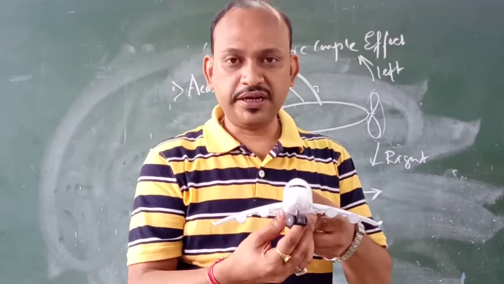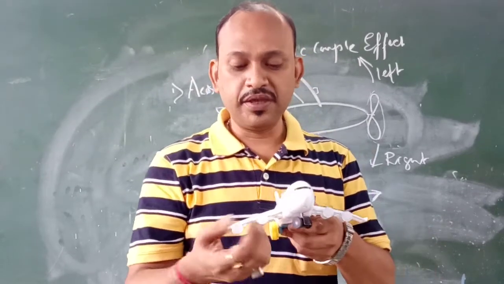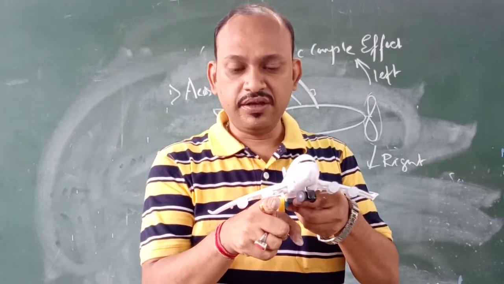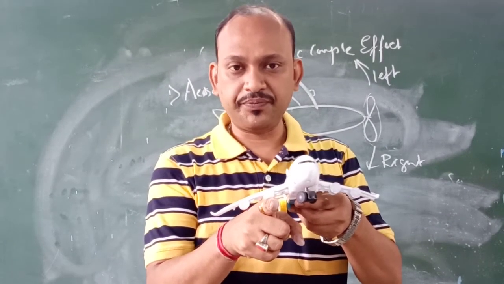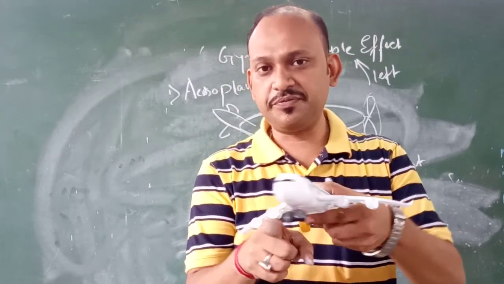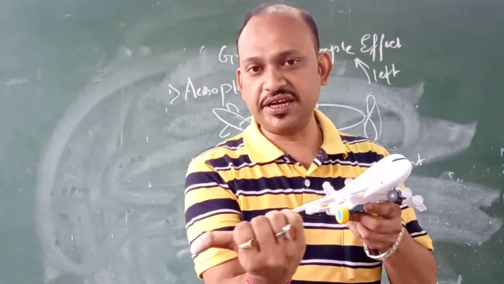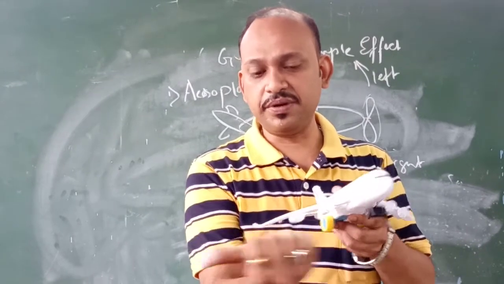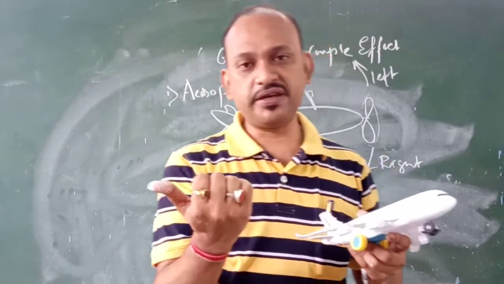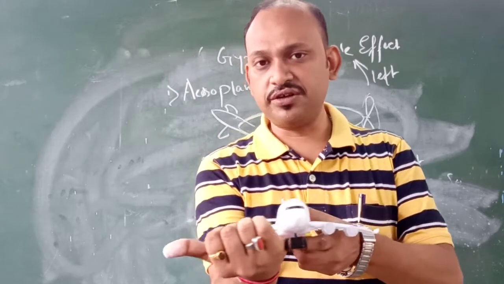Suppose, let us take for example, the plane is steering to the right. So when the plane is steering to the right, if this is our direction of the velocity vector, now when it is steering to the right, this is also having a movement in this way. That means certain torque is acting in the right direction. So this is the direction of active gyroscopic couple. You can see as the plane is steering to the right. So this we always find with the right hand thumb rule, with the right hand. So this is the direction of active gyroscopic couple.